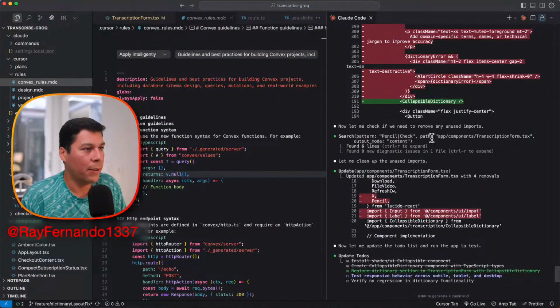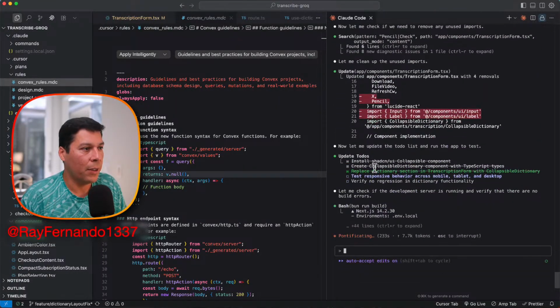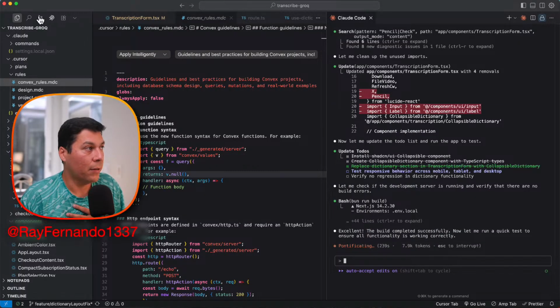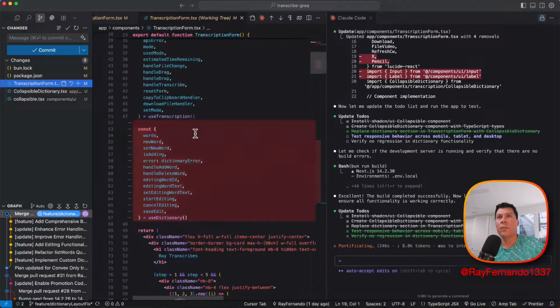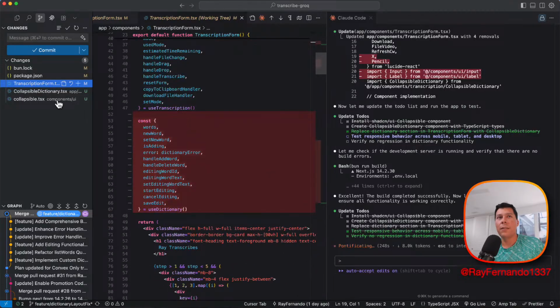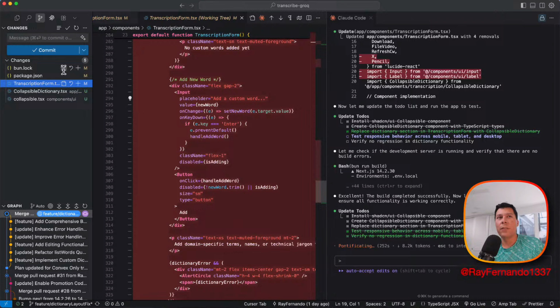Now it's saying I'm going to create a component, and I'm following the to-dos here: test responsive behavior, mobile layouts, refactor regressions. I think it's already done. If we go to the diff view on the left side, we're going to see all the diffs it's made. So far, it's taken this stuff out and removed all this code,